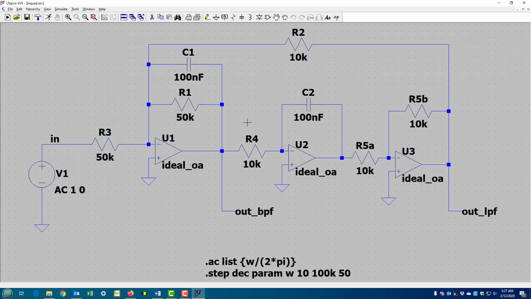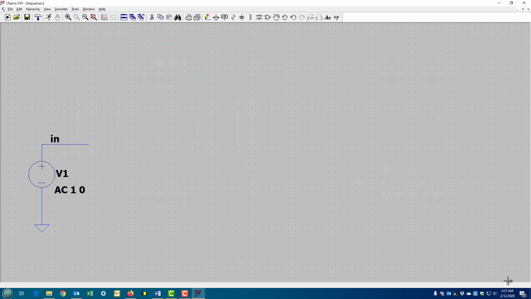So if you opened up this sample file called biquad.asc, this is definitely in that folder. So what I'm going to do is we'll just modify this particular file to make our new circuit. I'm just going to make a very simple circuit to show you how everything goes. So first I'm going to cut many of these things out. So if you get the cut symbol, click the left mouse button down and drag, you get a little window, okay, and then just blow it away, okay. And we'll just leave this